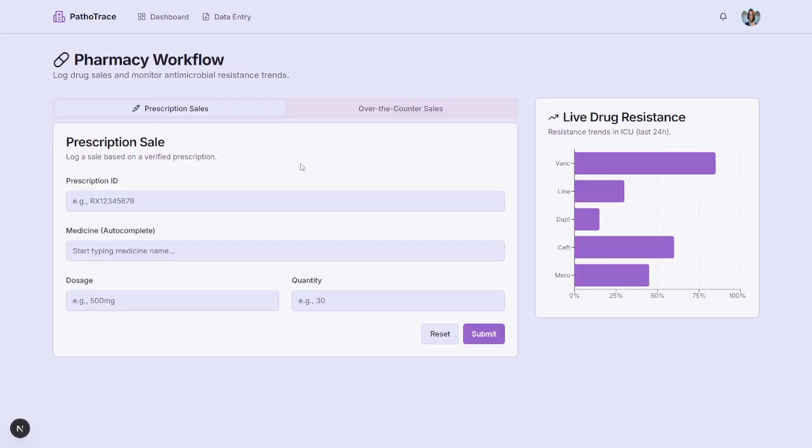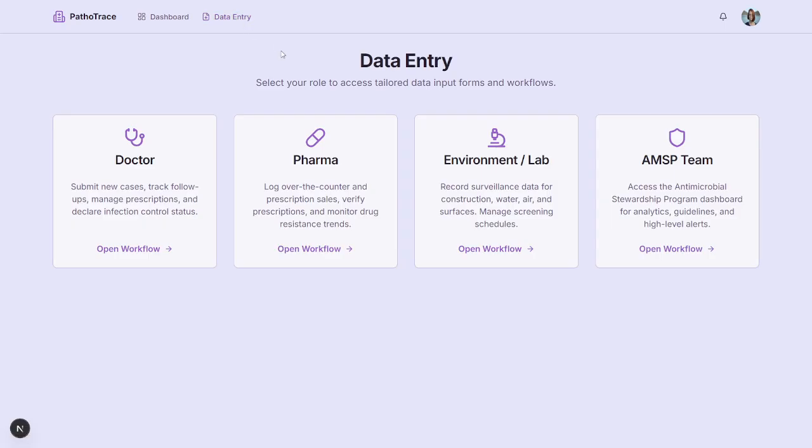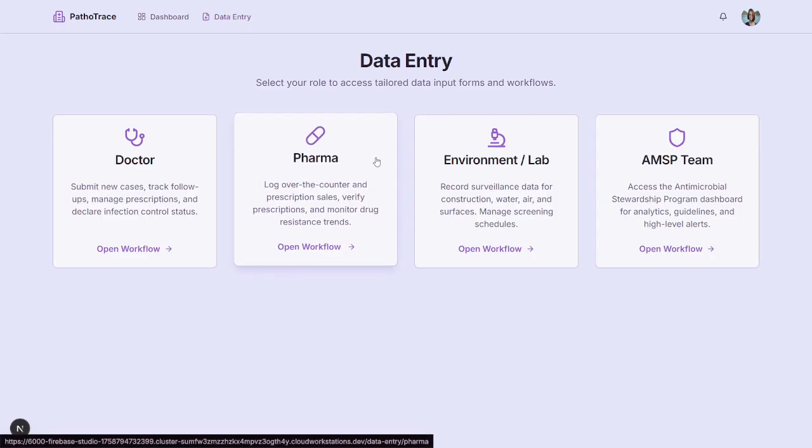So, be it prescription sale, find out the medicine that is sold, for what dosage and what quantity, or even if it has been sold over the counter, the over the counter sales at the pharmaceutical company, including the quantity and the dosage and what medicine. Accordingly, there is also a graph on the right which will show what drugs have been sold, and to what extent or what percent resistance has currently been gained. So this is another live update that keeps showing. So the pharmaceutical person who is selling the drugs is also aware whether the drug he's selling is actually going to work or not, or whether he should prevent selling this antibiotic without a prescription.